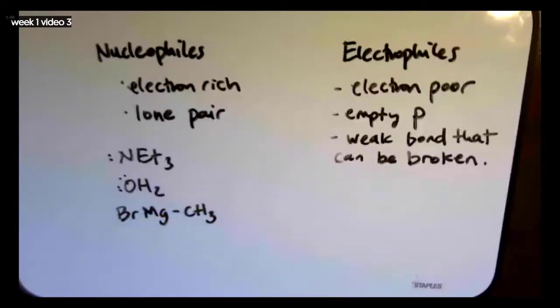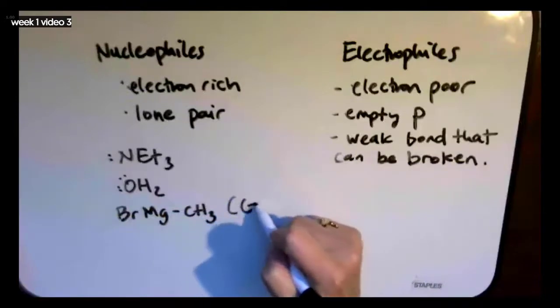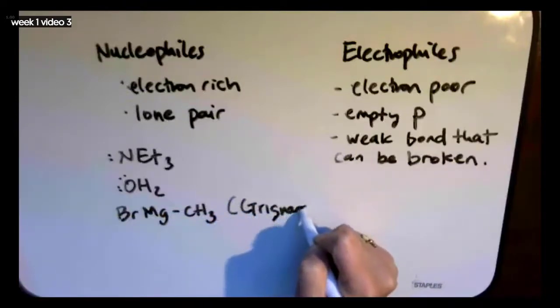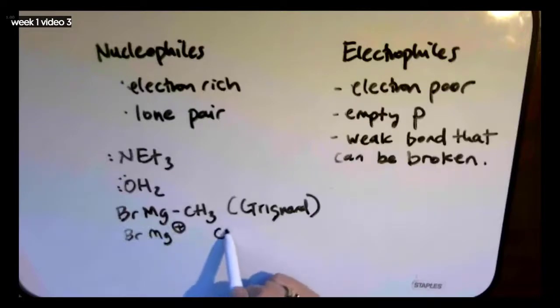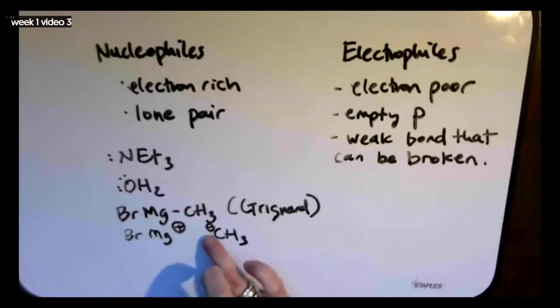So I've drawn methyl magnesium bromide. This is the way you typically see it drawn. Of course, you can draw it with a carbon-magnesium covalent bond. You can also show the ionic structure where there's a plus charge on magnesium and a full minus charge on carbon,